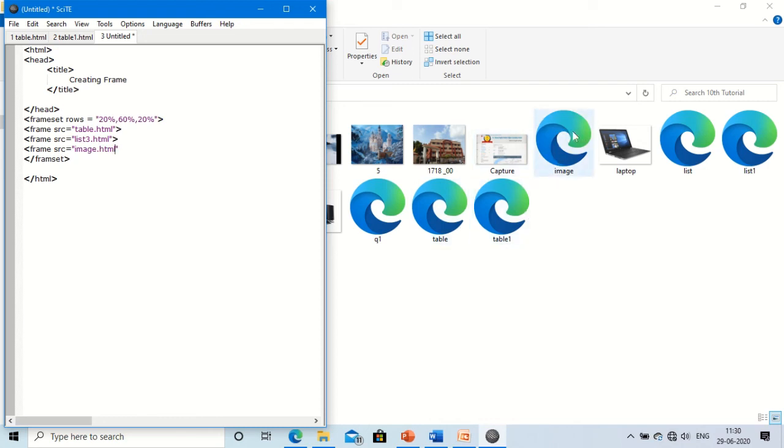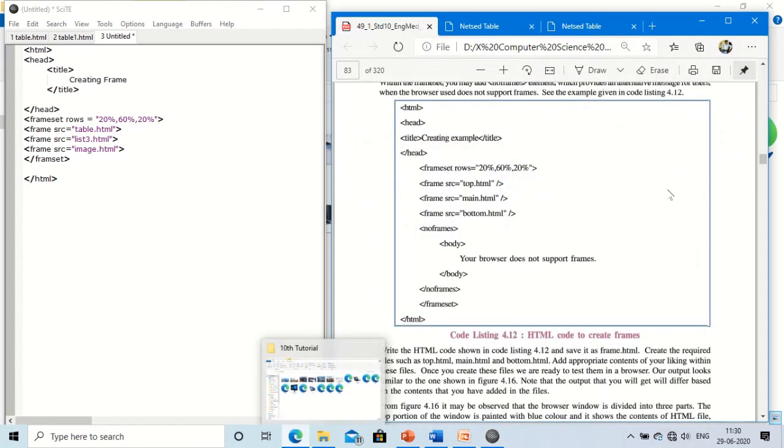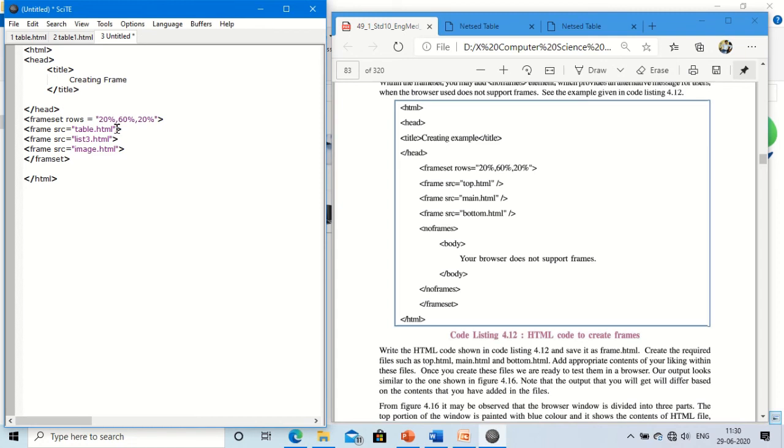The name of this file is image.html. Close this, you can simply close it by giving this, that is for closing.